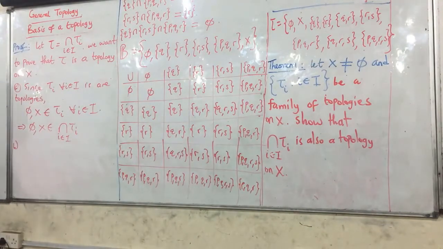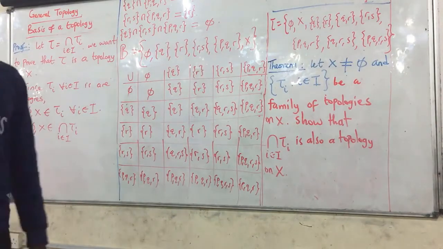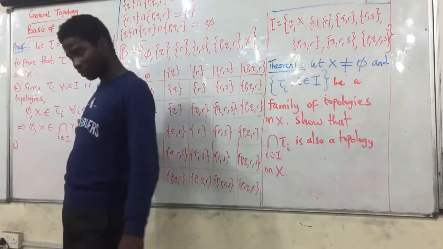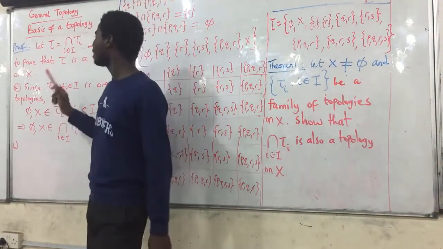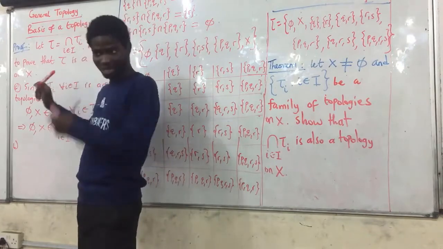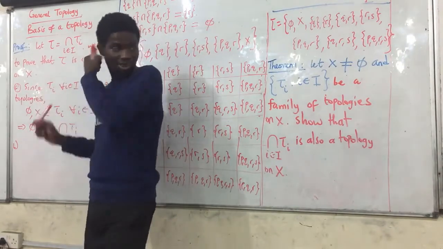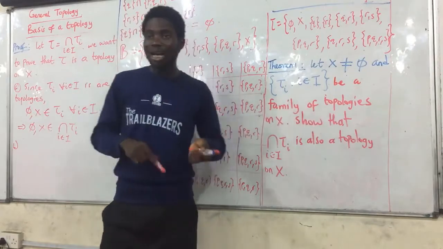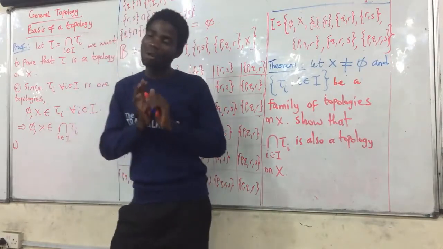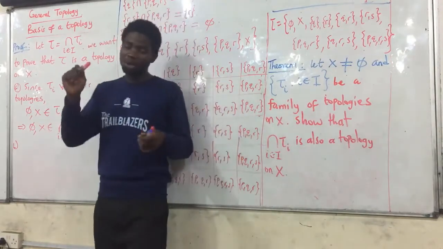Obvious. You want to put the empty set and the whole set in the intersection. Do you get that? And after that, since all these Ti are topologies, there will be a family of topologies. They are all topologies. And from the definition of a topology, normally, when you say something is a topology, it